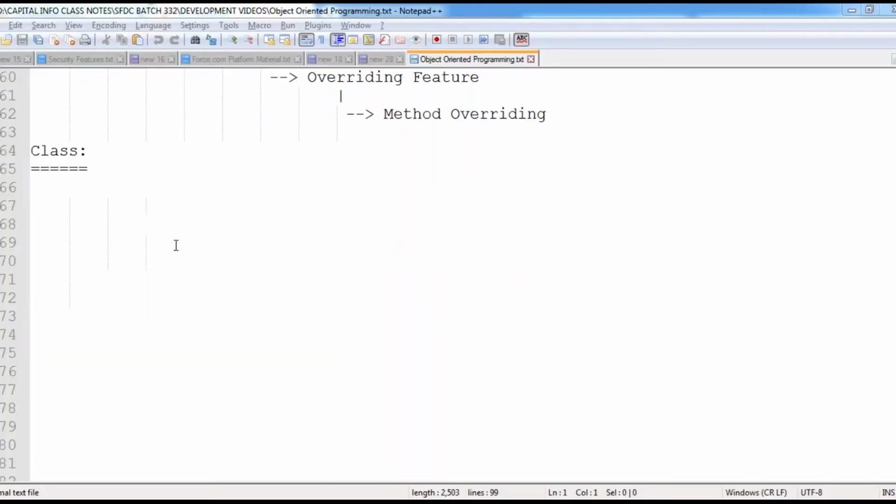In the previous session, we discussed the object-oriented programming principles. We discussed what exactly object-oriented programming is and what the various principles supported by object-oriented programming are. Now today we'll see